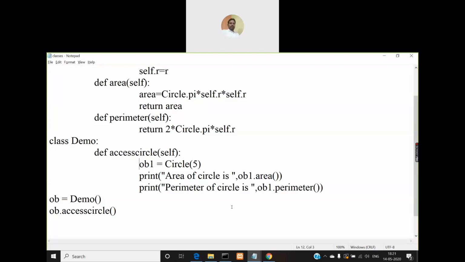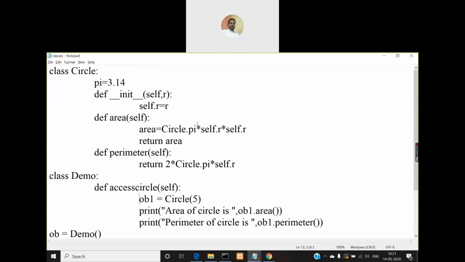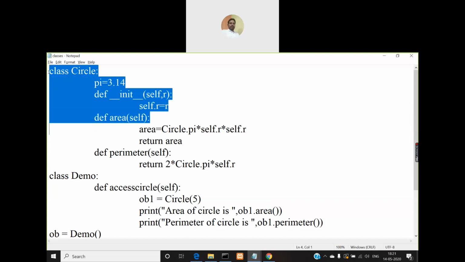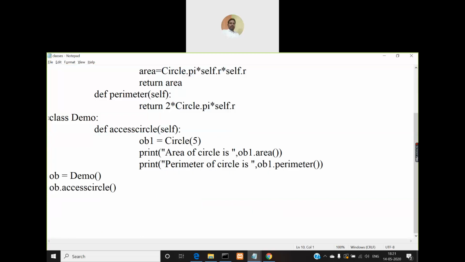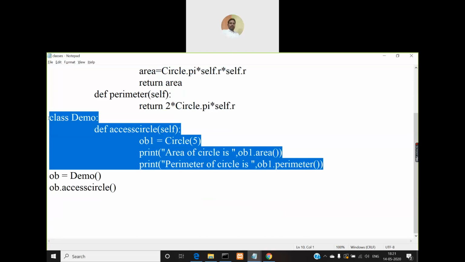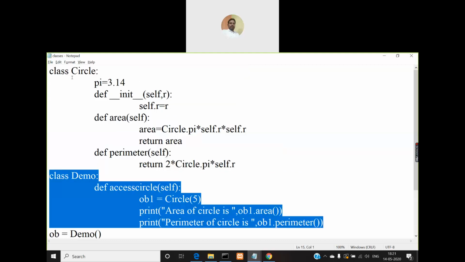So till now, all the programs we have created had only one class, right? Now in this program I'm defining two classes, that means multiple classes. The first class is the Circle class till here. After that, a second class called Demo class is created till here, and we are creating an object for the Demo class. We are not creating any object for the Circle class. First let us go through what is defined in both the classes and then come back to this object creation.